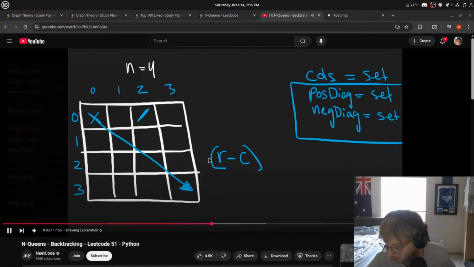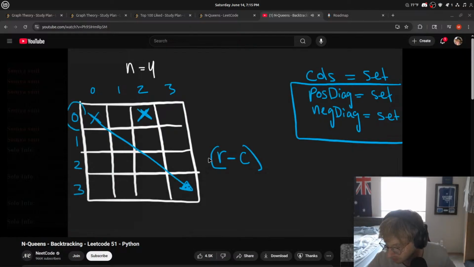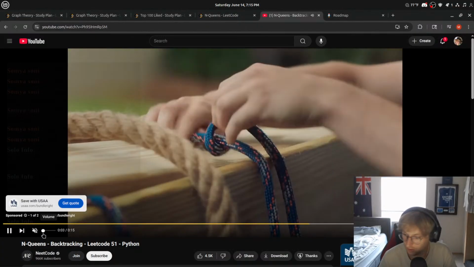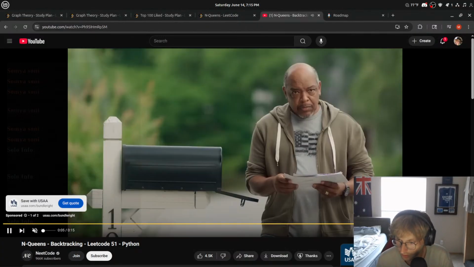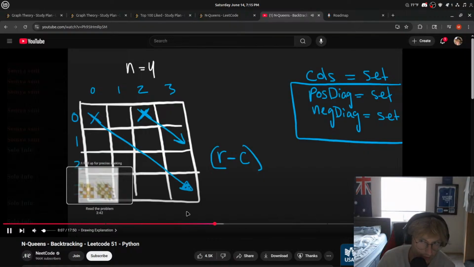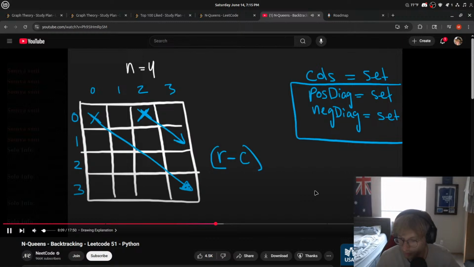Let's start over here at a different position, row 0. Whenever we're going negatively diagonal, we're increasing the column by 1, and we're increasing